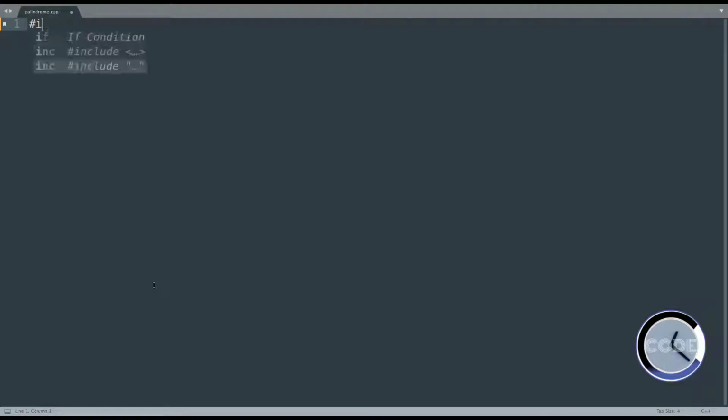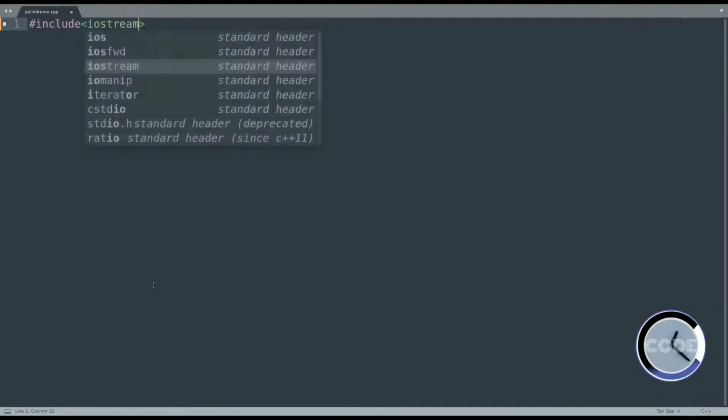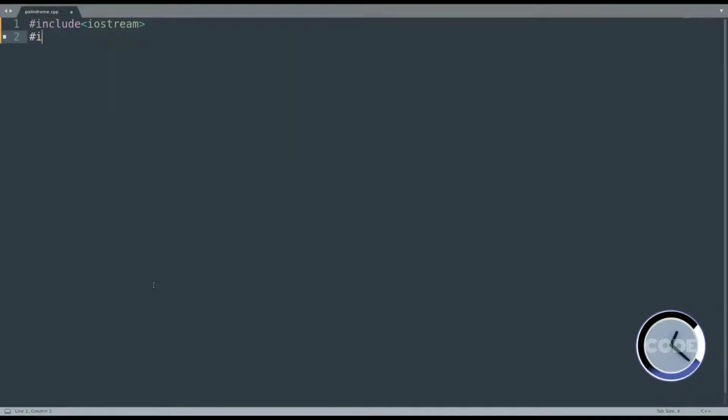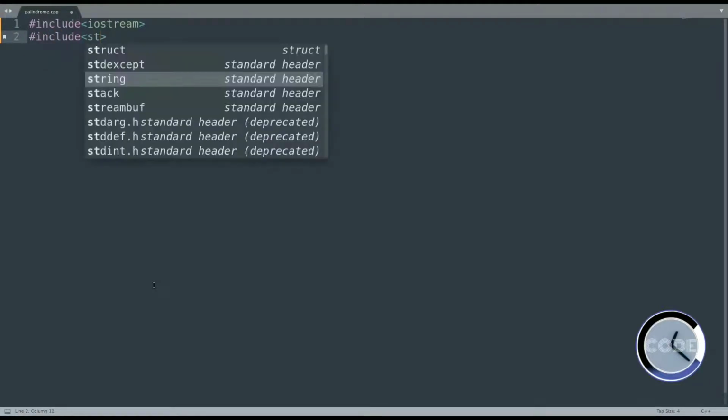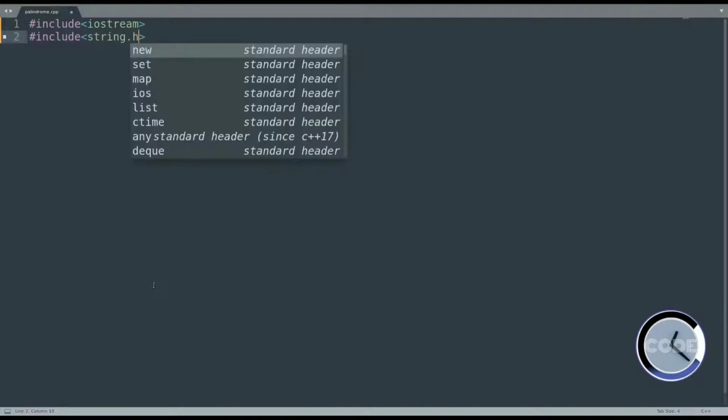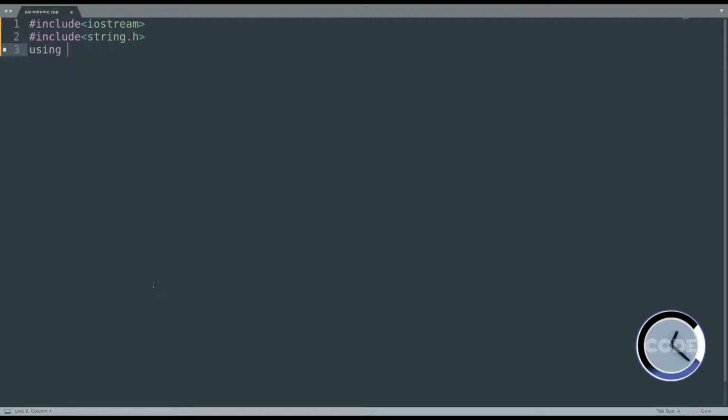Okay, first we need to declare header files, hash include iostream, hash include string.h, and a main function.